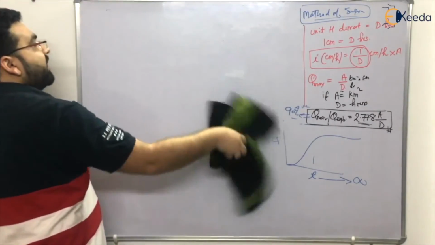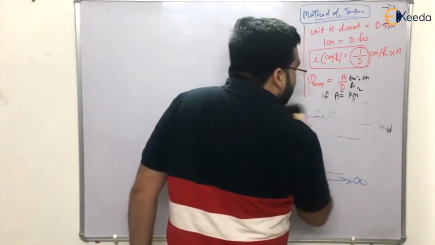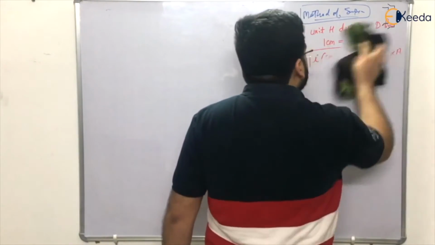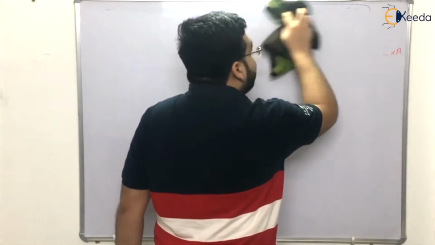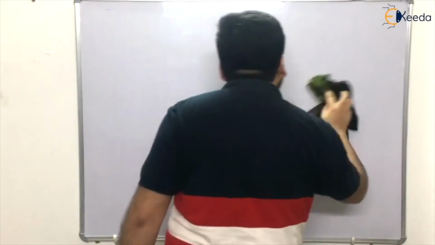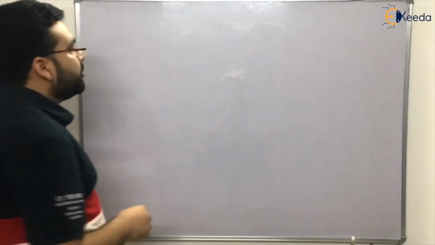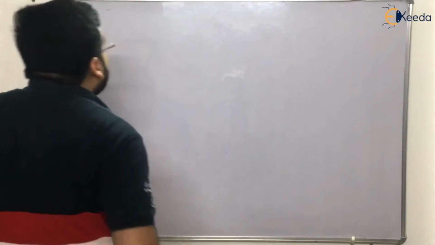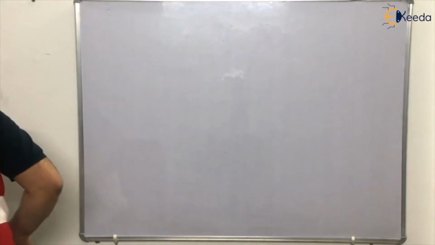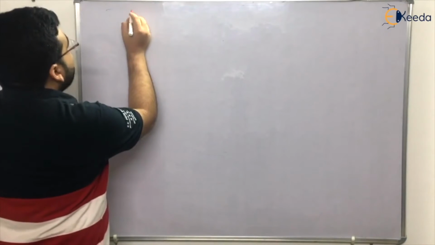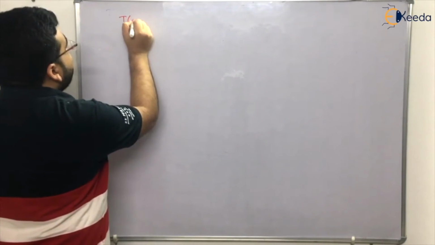And this is a topic, the S curve, that a lot of students don't know the actual concept of, right? So you just understand it very thoroughly and very carefully, because questions have been asked very frequently from this topic, the S curve as well as the method of superposition, right? Let me take another marker. Now let us say that you are given a T-hour unit hydrograph.